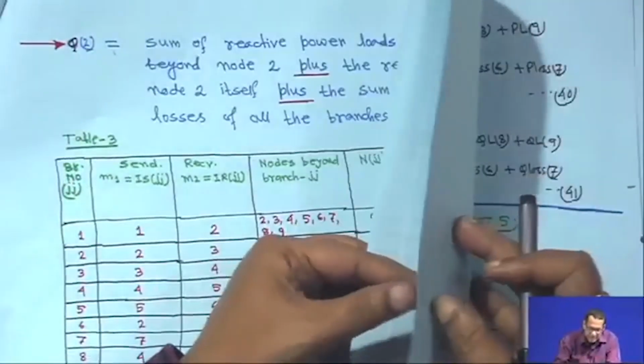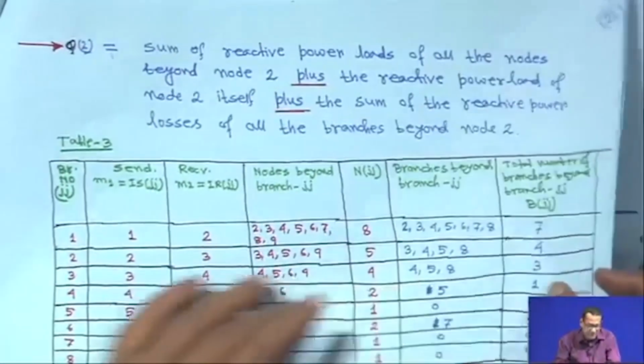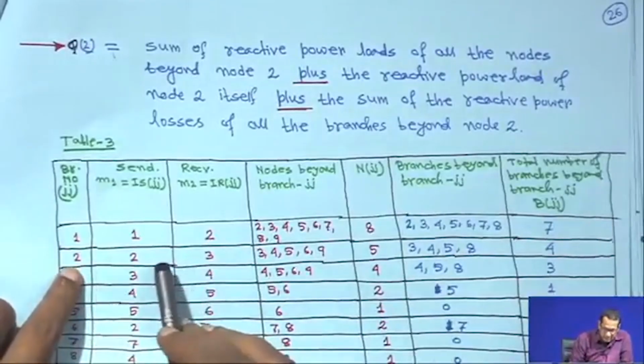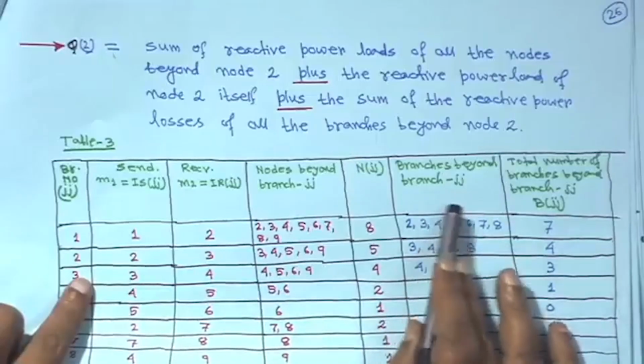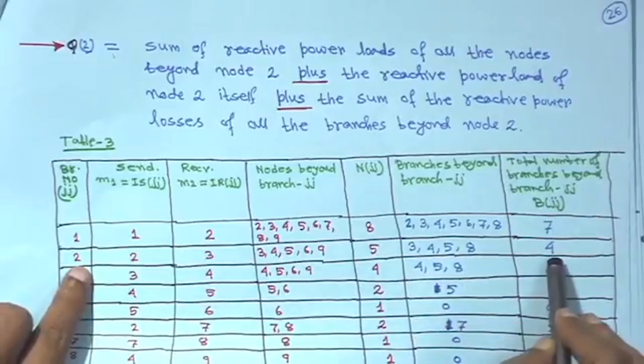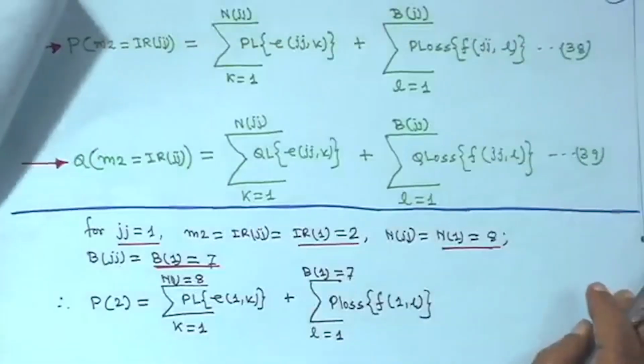Similarly, when JJ is equal to 2, the total number of branches beyond branch 2 is basically 3, 4, 5, 8, and B_JJ, that is B_2, is equal to 4. That means your